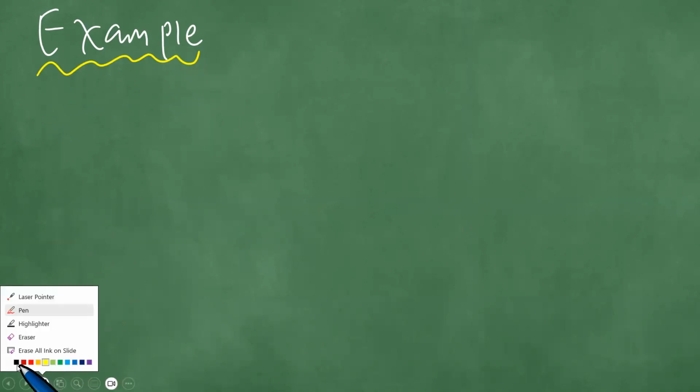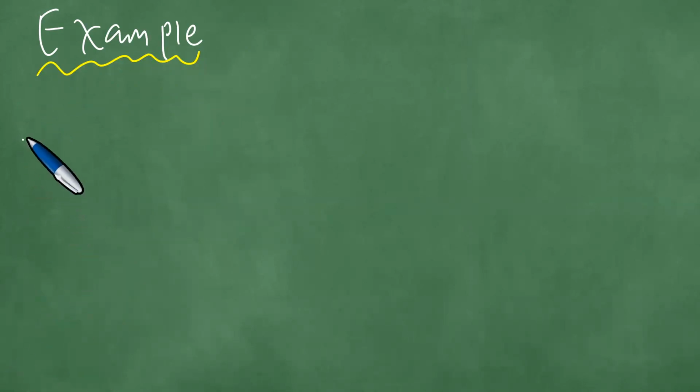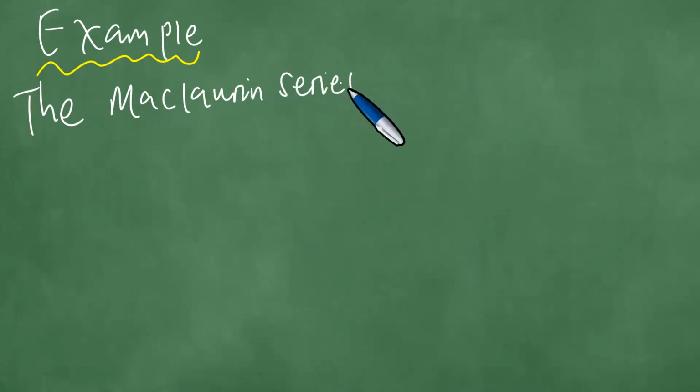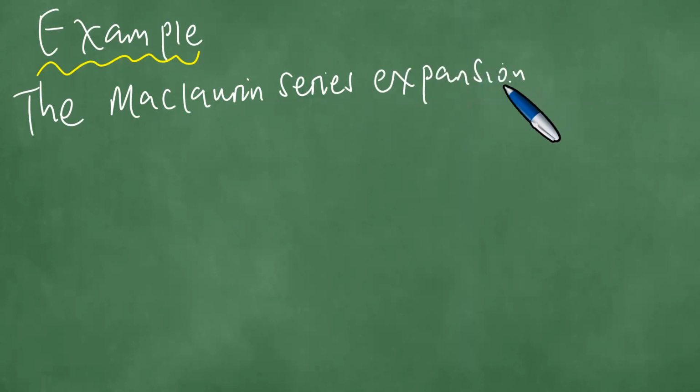We begin as follows: the Maclaurin series expansion for e to the minus x is